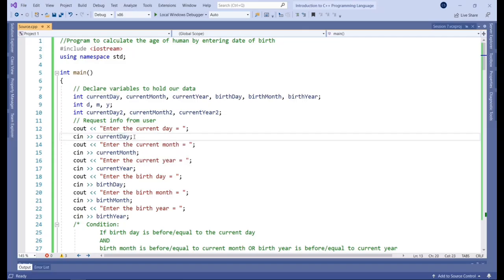Next we do the same for the current month, then the current year, and then we get the birthday, birth month, and birth year. So we've got both sets of data, right? The current date, so that the program knows what to compare to, and then the birthday, month, and year. Okay, so that's it there.